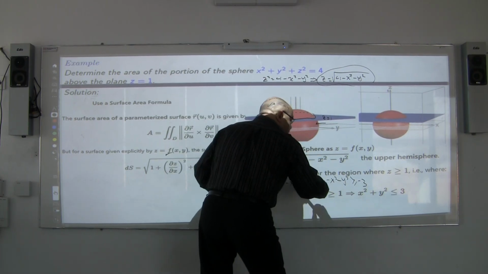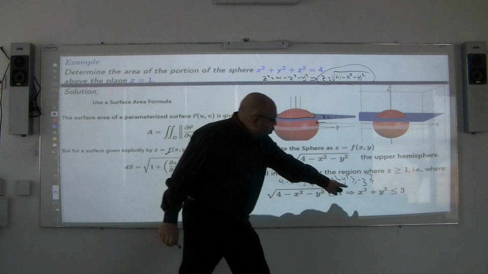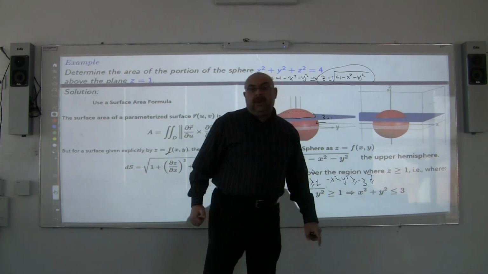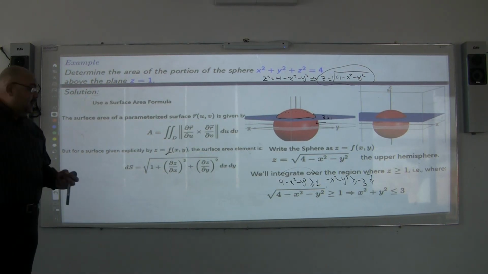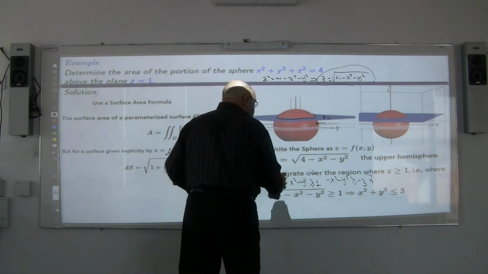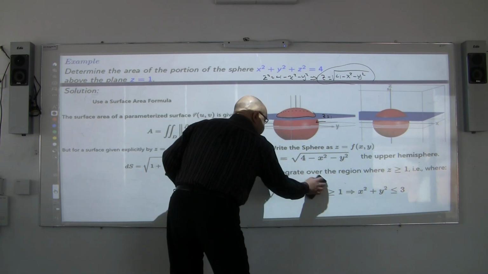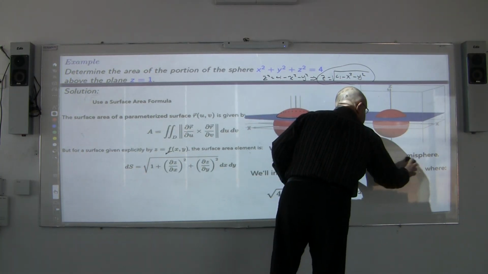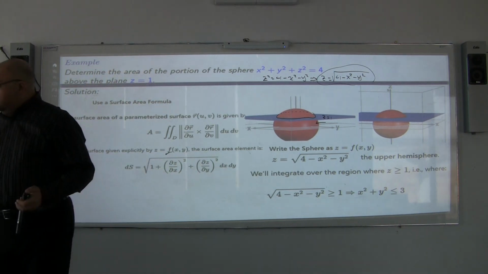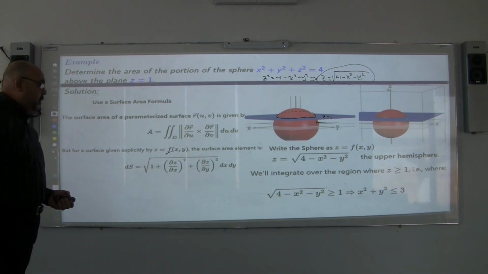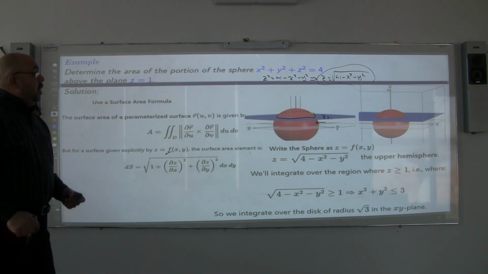Here we go. Multiplying by negative, I will get this form, which is x squared plus y squared less than or equal to 3. Now I have the boundary, which is x squared plus y squared equal to 3. But we are integrating on this disk, which is x squared plus y squared less than or equal to 3. That's the integration, as I told you. Now,